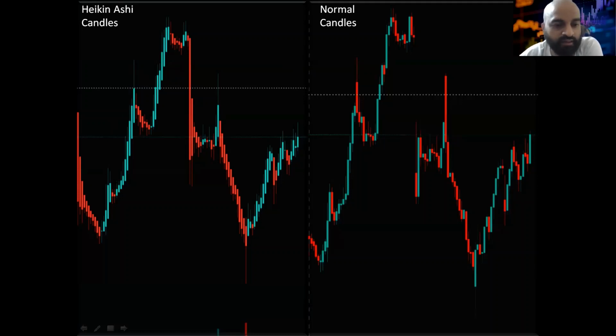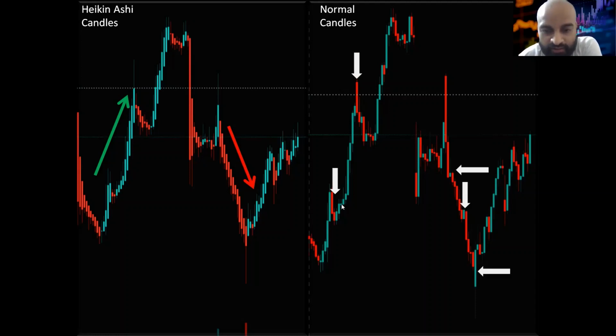If you look at the Heikin-Ashi candles in a trending scenario, there will be a lot of greens and there will be no noise in those candles, like reds in between or something like that. Similarly, if you look at the downtrend, all the candles will be in red color. Here, in the normal candles, generally what will happen in the same uptrend, the same time frame, the same graph, we have a couple of red candles here, but here the green trend is continuing. Again, here a red candle is coming up, even though it's green here.